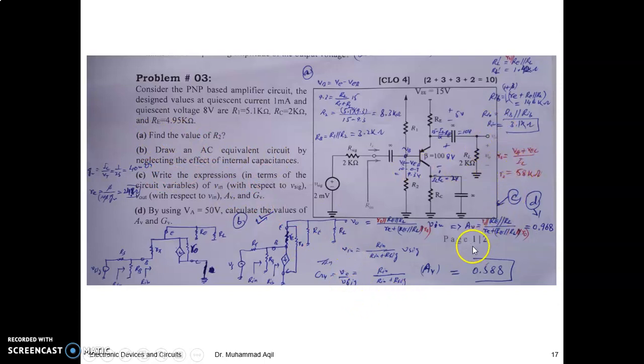Here I have drawn R naught, and R naught would be found somewhere. Yes, GM here, RE here, R naught. You can do it yourself. Yes, here, right? So it means this part has been completed. How about this one? Write the expression of V in with respect to V signal and AV and GV and